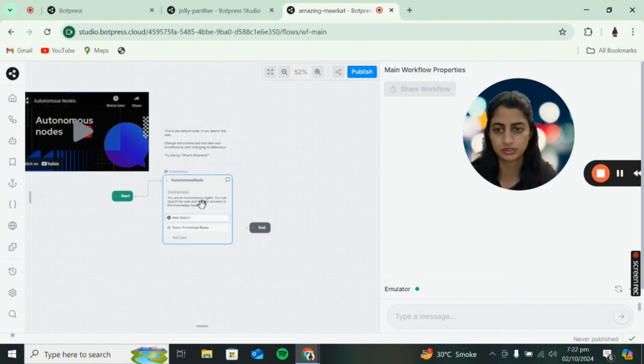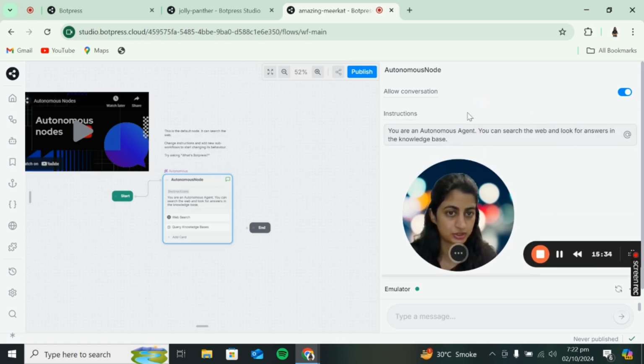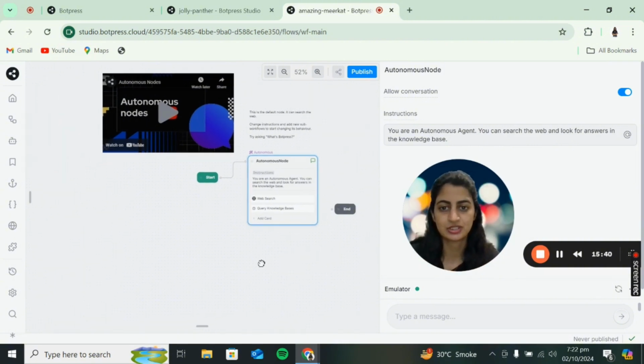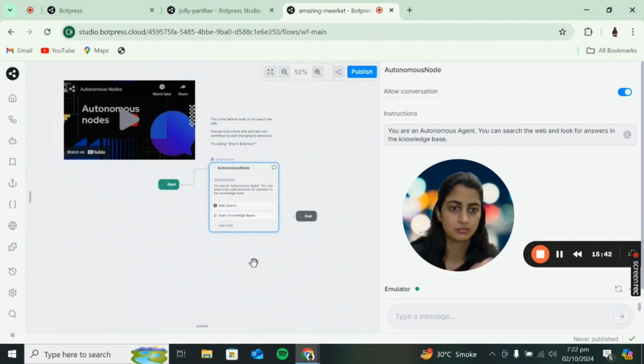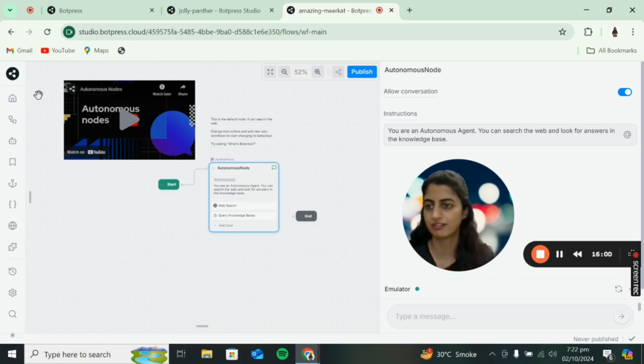All I did was literally just change a little bit of the information, the instructions that we've provided, and the chatbot was ready. That is why I told you guys that it literally took 2 minutes. This is, I would say, the customizability, the functionality that WordPress provides. So that's all. This was a one node chatbot that was created. You can literally start using it right now on your website, and to start off, it's free. Then you just have to pay for whatever number of interactions you're having with your customers.